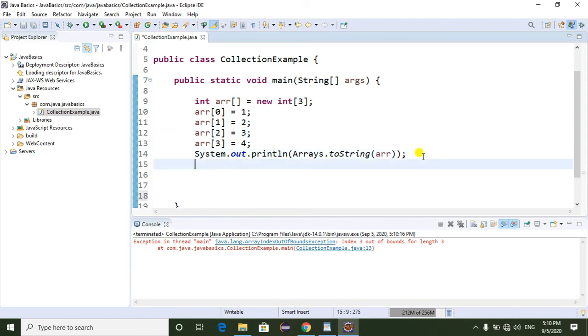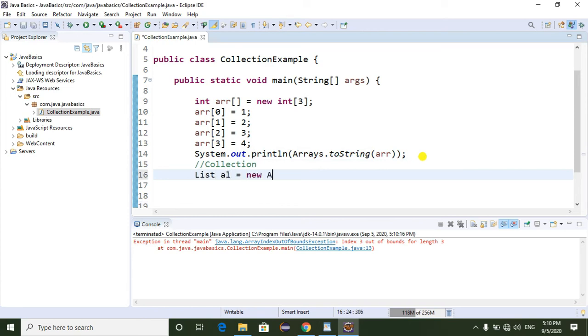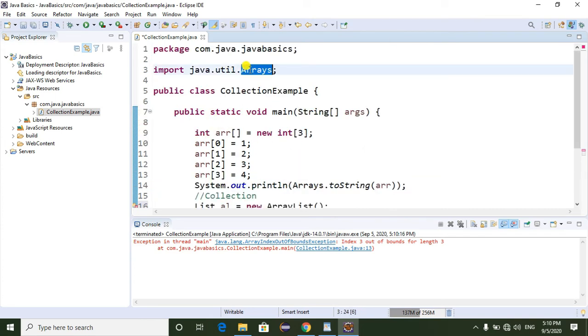Now I am going to show you the collection example. Here I am going to create an ArrayList object. Just import the java.util package.